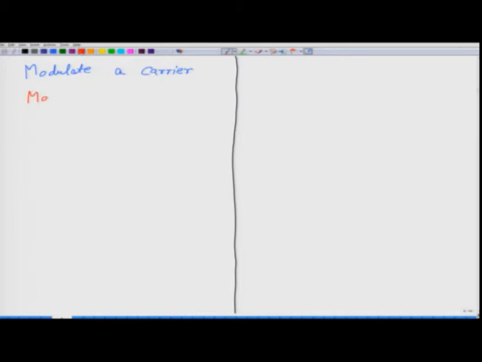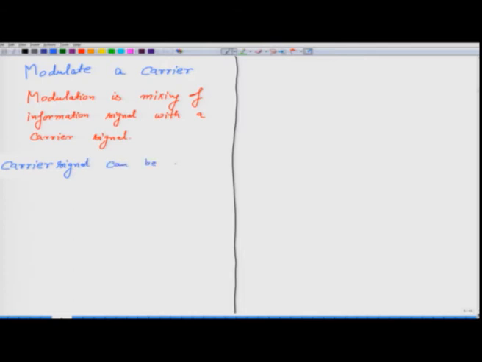Now, what do we mean by modulation? What is modulation? In simplest terms, modulation is mixing of information signal with a carrier signal. Now, we know that a carrier signal can be expressed mathematically